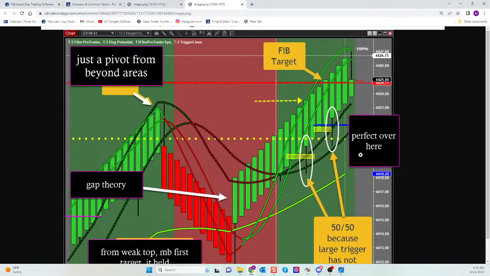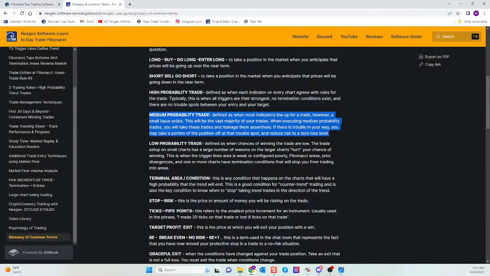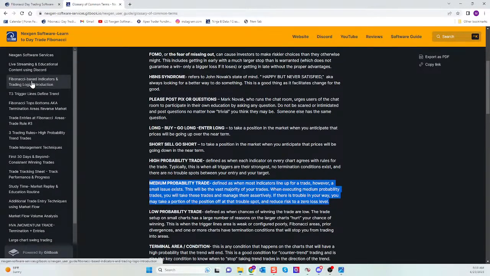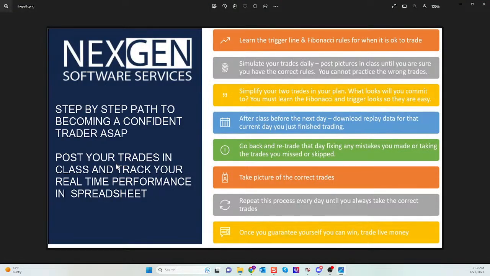And then I replied in the room, "Hey, David," and if it's during classroom hours, I'll reply via the microphone. Let's go through and talk about a couple different things on your chart that maybe you didn't see, and then we'll turn these into lessons throughout the days, guys. But if David never posts the question, he may never get the answers. So take advantage of having me available in this classroom, right? Take advantage of being able to get feedback 15 hours every week live. Post those trades and questions in the class, and then use the spreadsheet that Nexgen provided you.